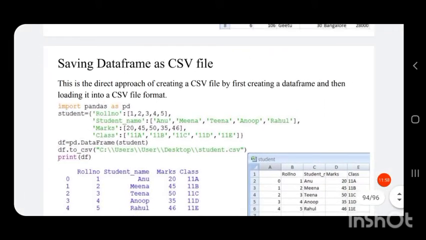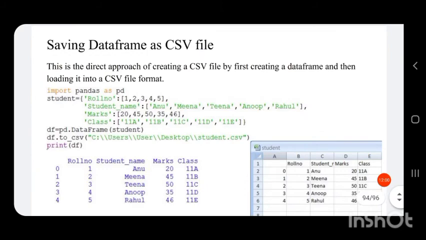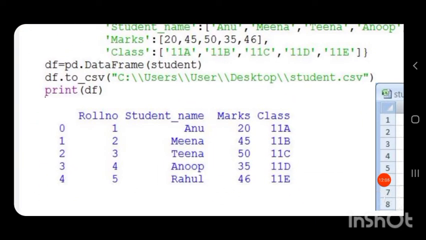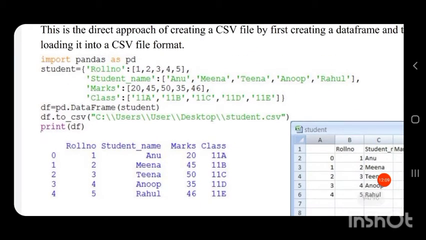So print df will print the data frame df. You can see the data frame contains rows and columns that are specified in the dictionary.